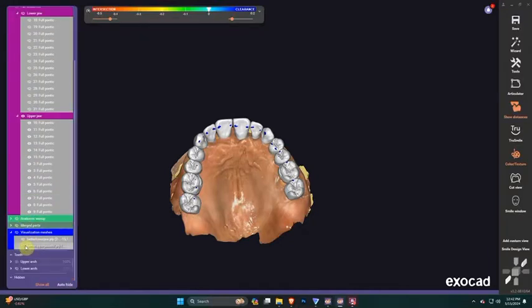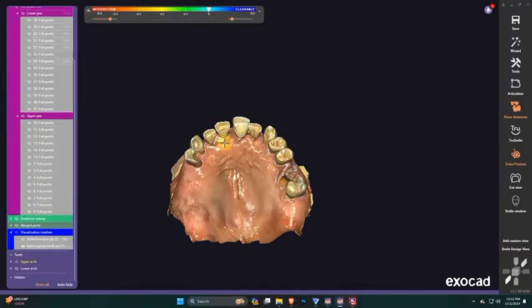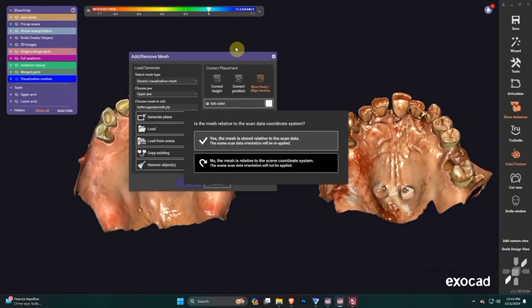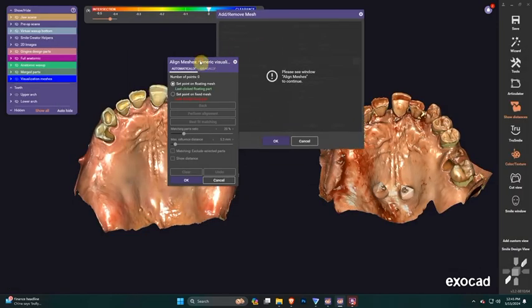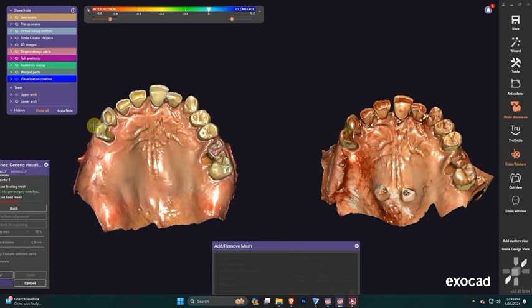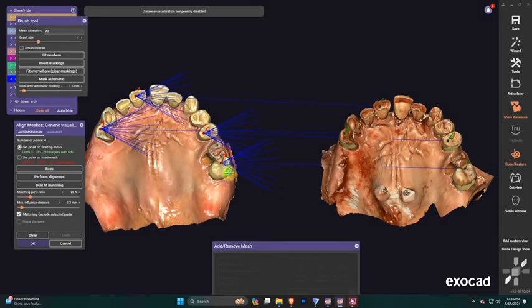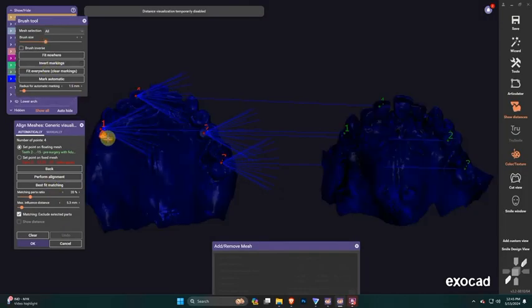Alright guys, so a short video just on how I manage data for All-on-X same-day conversions. You can see we have a wax up here that was done pre-surgery and a pre-op scan with the teeth remaining. I'm going to bring in my pre-surgery scan with my fiducials, use the teeth to align the meshes here so that we can get a nice perfect match, and then we will use that to align to our post-surgery